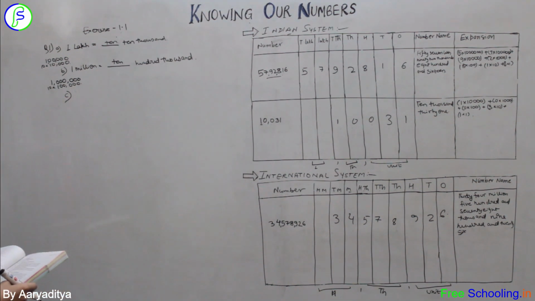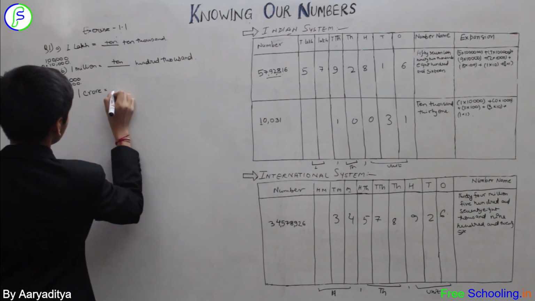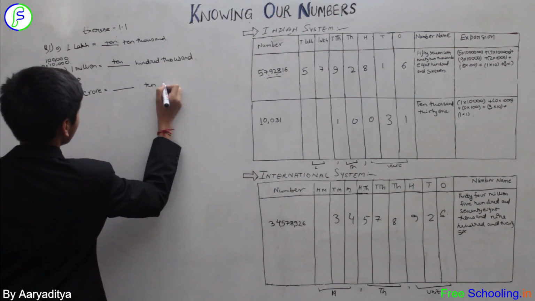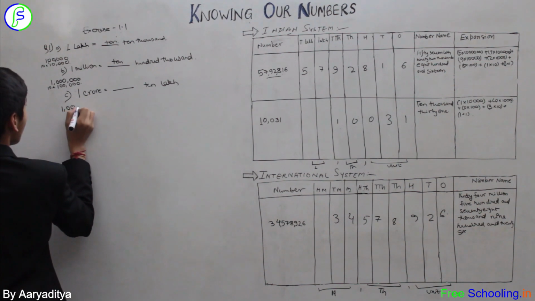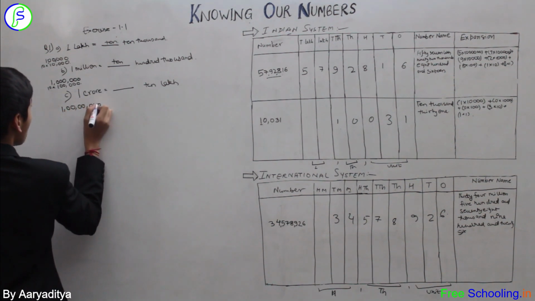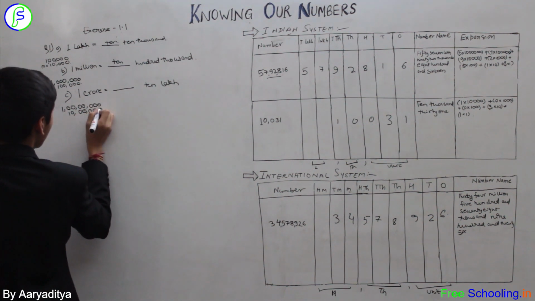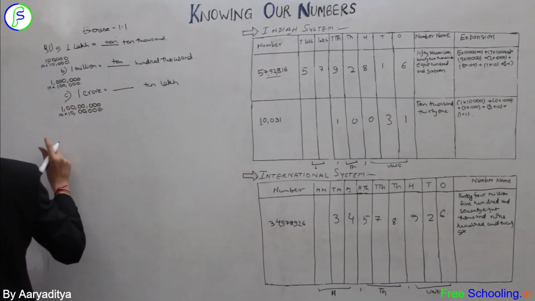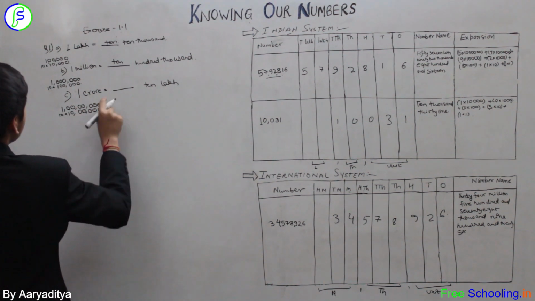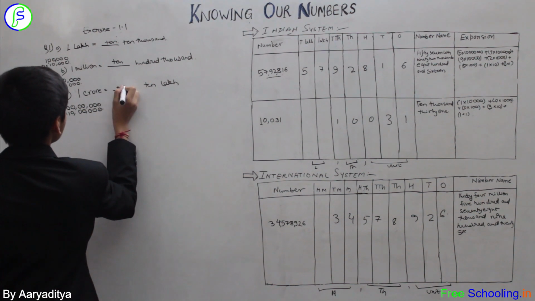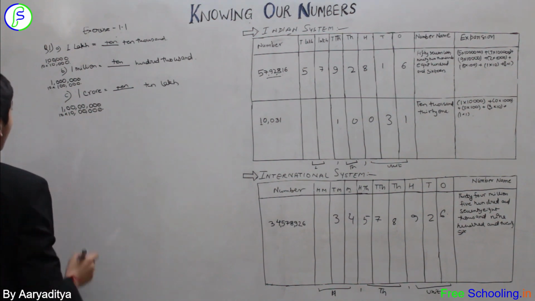C part, 1 crore equal to dash 10 lakh. Again in numeral form, 1 crore and 10 lakh, which is written just below it. And again, if we multiply 10 to 10 lakh, what will we get? We will get 1 crore. So 10 multiplied to 10, 100 lakh, 100 lakh equal to 1 crore. So 10 is the correct answer.